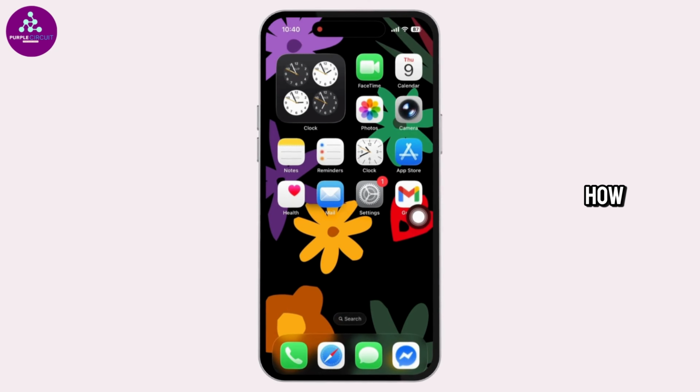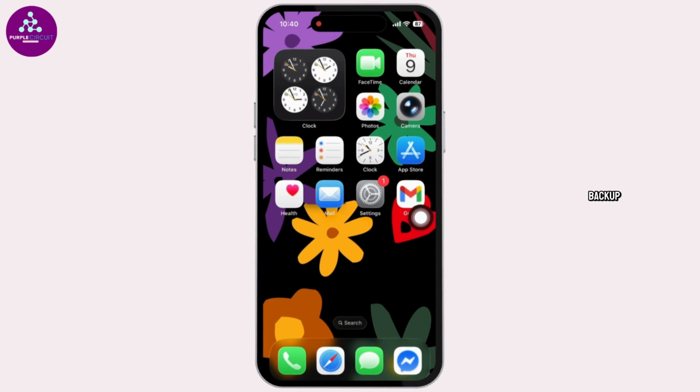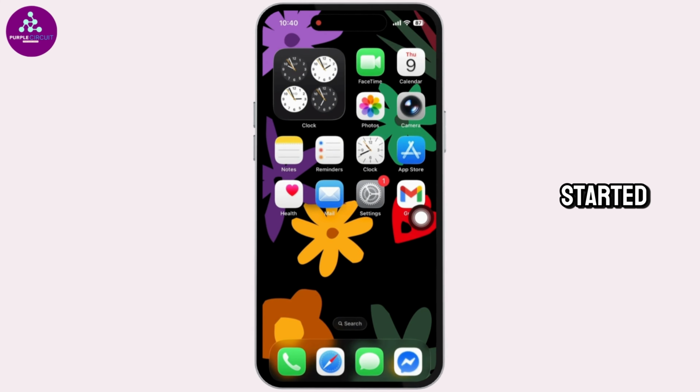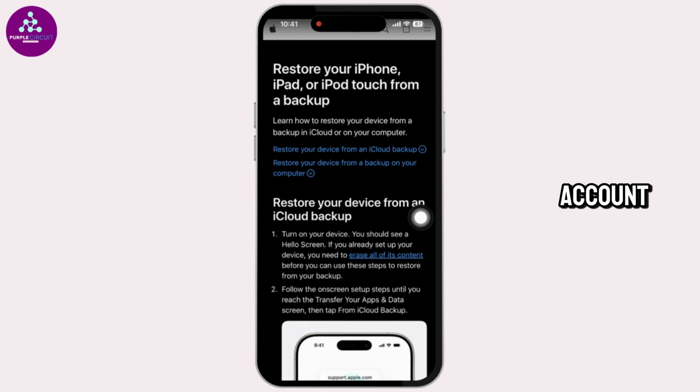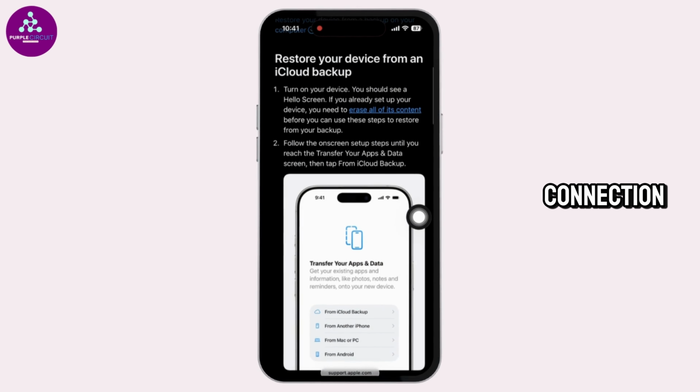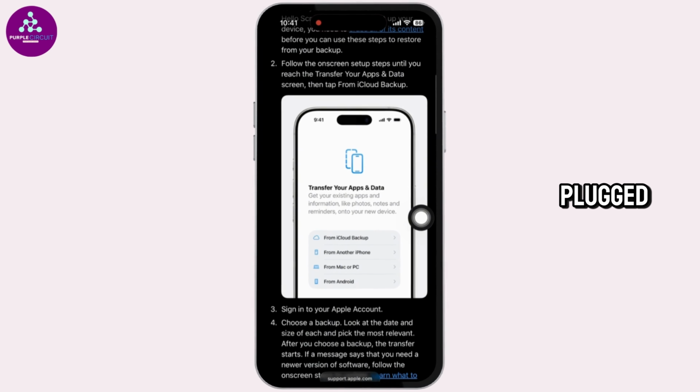In this guide, you'll learn how to restore your iPhone from an iCloud backup. Let's get started. Before you begin, make sure your old iPhone has a recent backup stored in iCloud and that you know the password for your Apple account. You'll also need a stable Wi-Fi connection, and it's best to keep your new device plugged in and charging during